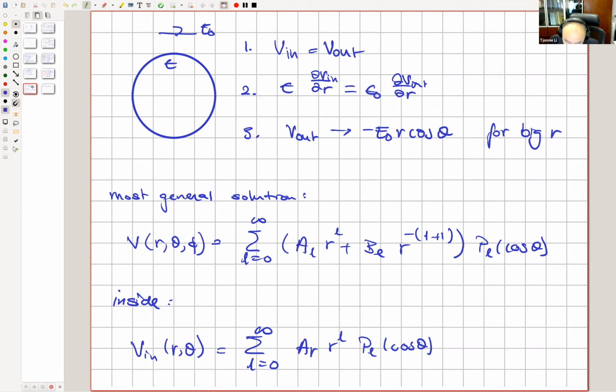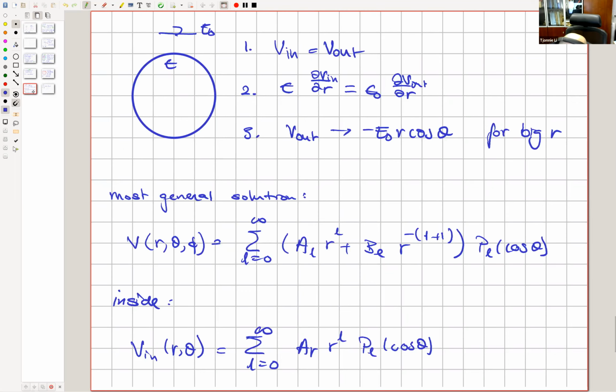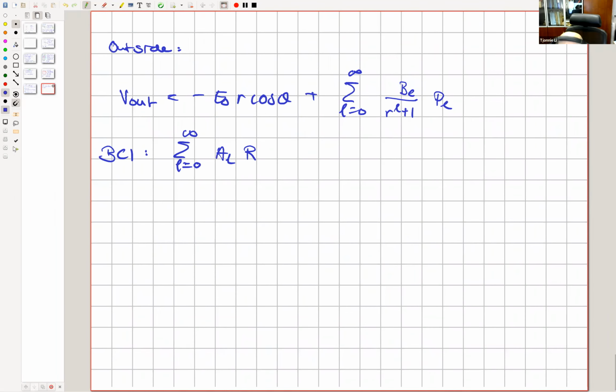I'm not going to go through all the excessive details of the algebra, but for example, if I apply boundary condition 1, I get the sum from L equals 0 to infinity of A_L big R, right? Because here we're on the surface, r equals big R. And so A_L R^L P_L equals minus E_0 big R cosine theta